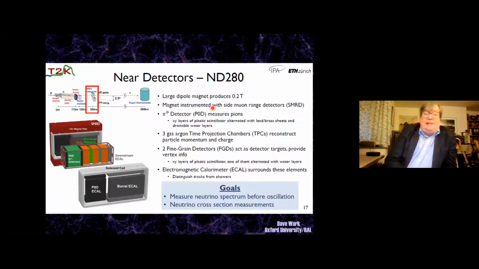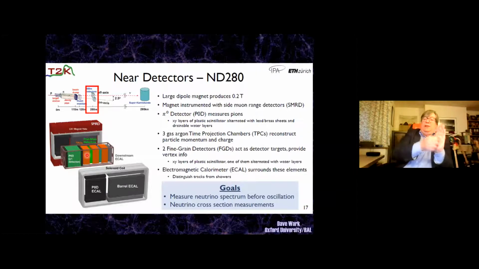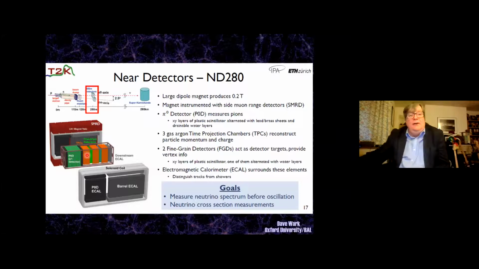We built these near detectors. Once again, I won't go through them in detail. They are a series of neutrino targets, which are bars of scintillator with either nothing or some metal in between them, which is used as a target for the neutrinos. By looking at the signals in the scintillator bars, we can reconstruct the track of the neutrino in there. And then there are TPCs, gas tracking chambers, between them to give us very precise measurements of the curvature of the particles, so very precise measurements of their energy.